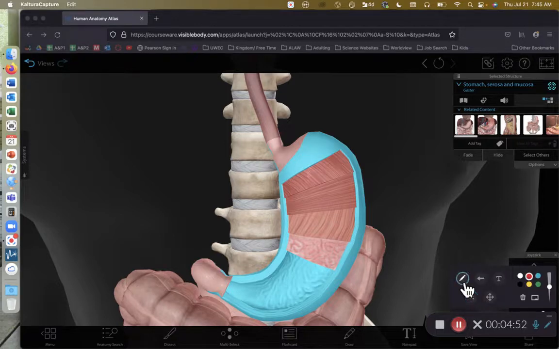First, we have the cardiac region. That cardiac region is going to be right here near the heart. So when we think cardiac region, it's the region that's close to the heart or where the esophagus drains into the stomach. That's our cardiac region. We also have a fundus or fundic region. If we look at where the esophagus enters into the stomach,